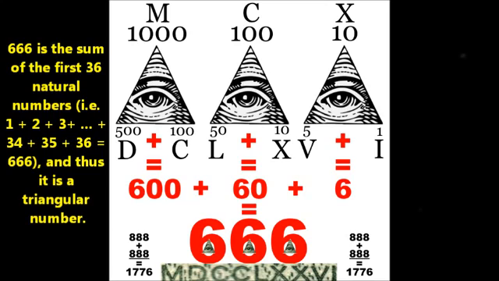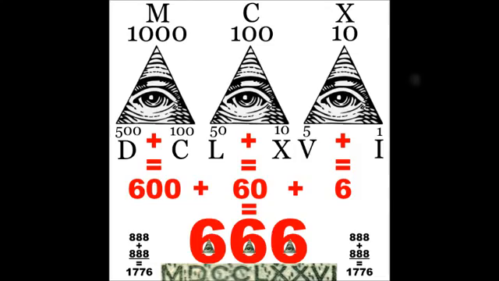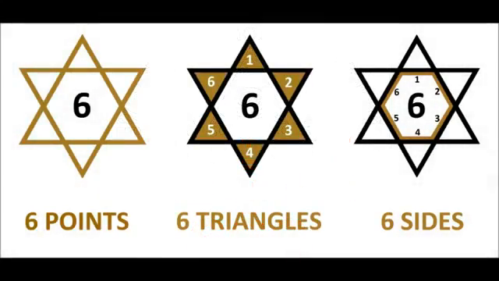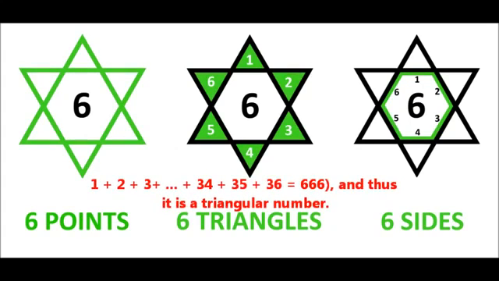That is very, very divine, because in mathematics, the natural numbers are those used for counting and ordering. In common language, words used for counting are cardinal numbers, and words used for ordering are ordinal numbers. 666 is the sum of the first 36 natural numbers. And to show you what I mean about the divinity of this combination and just the number 6 in general, for example, 1 plus 2 plus 3 equals 6, and 34 plus 35 plus 36 equals 666,